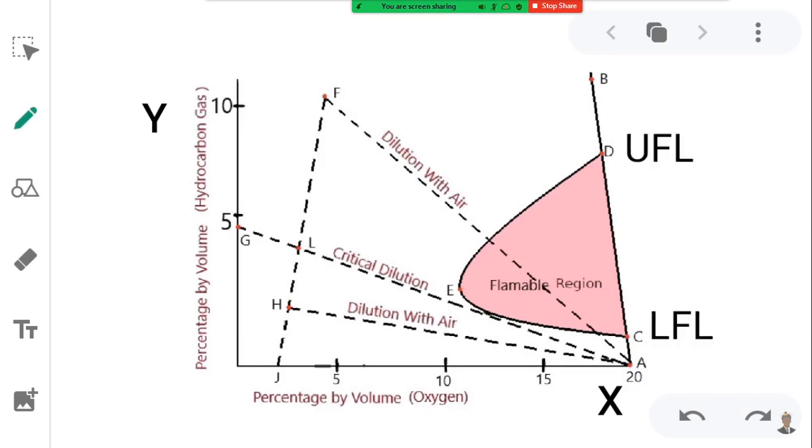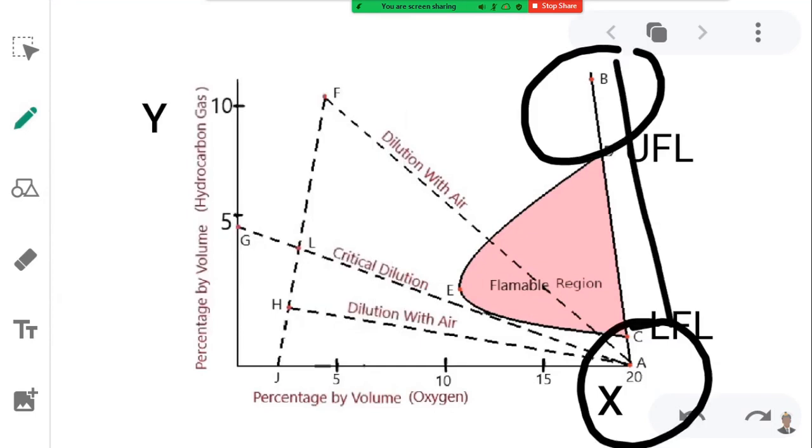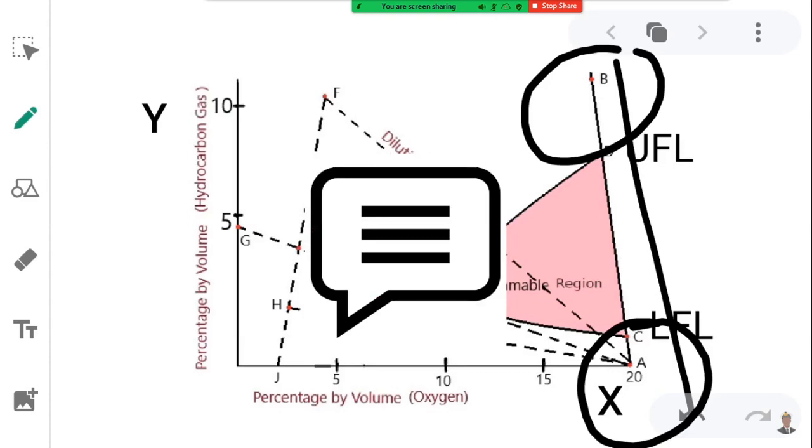Before ending this video, I have a question for you. So guys, why is this particular line, that is AB, not straight? It is not perpendicular in nature. Why is it so? If you can answer it, please comment down below. If not, I will be